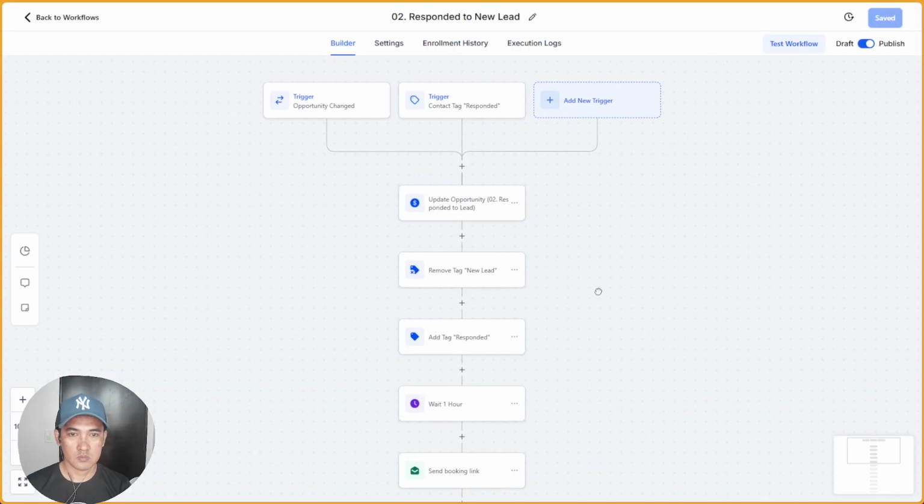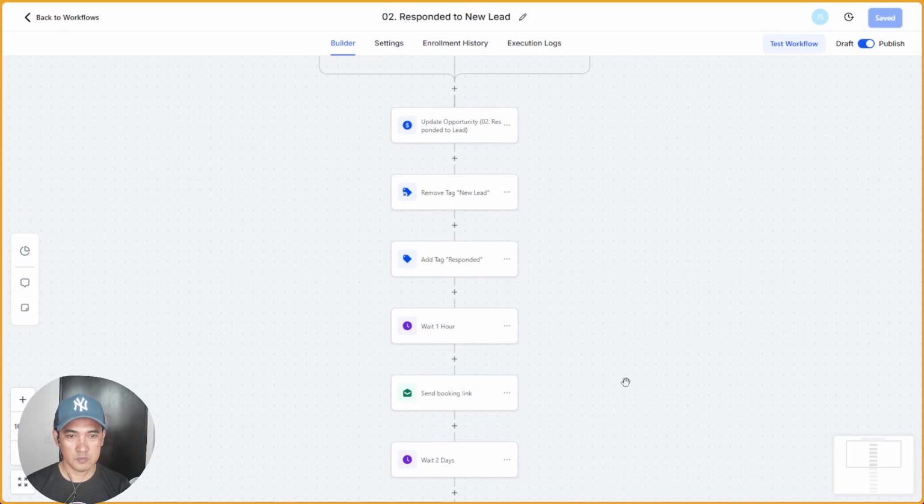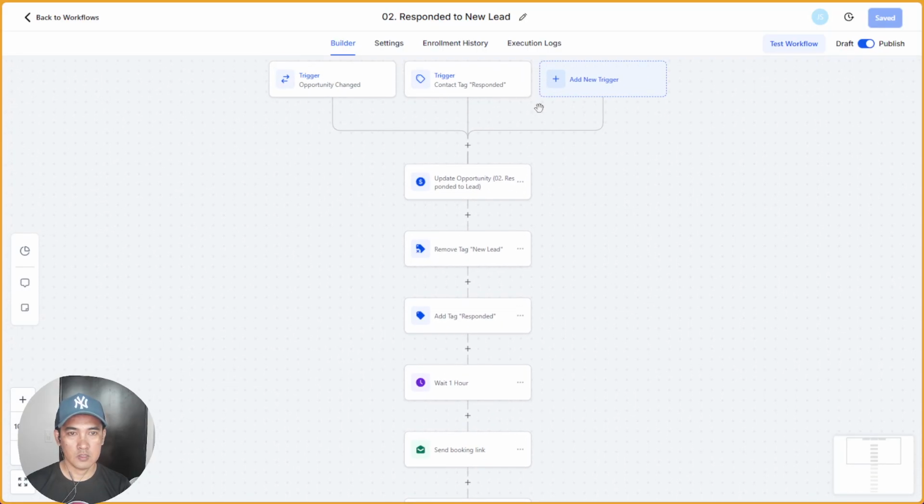So this one, responded to lead. This will trigger if the opportunity is changed. Actually, this is a manual action, and this is contact added, responded, right?